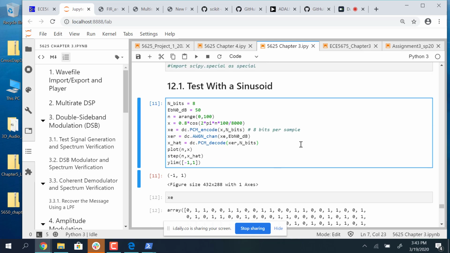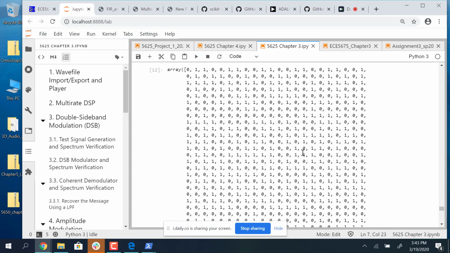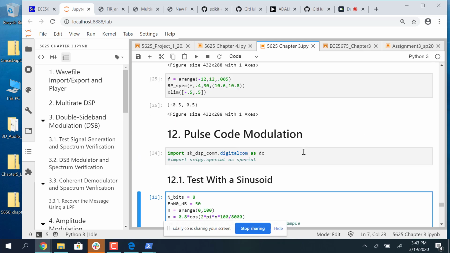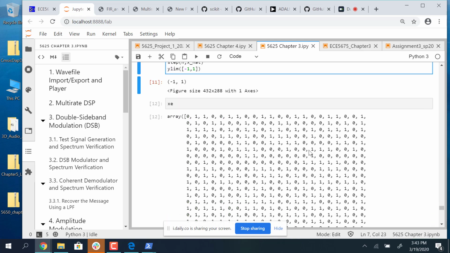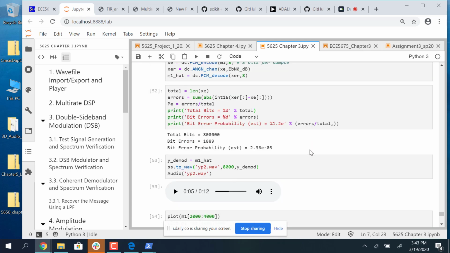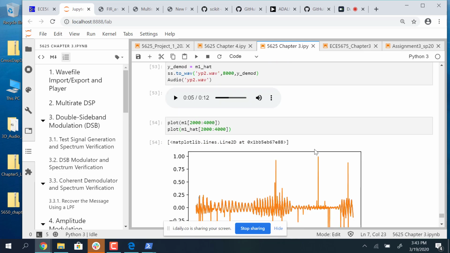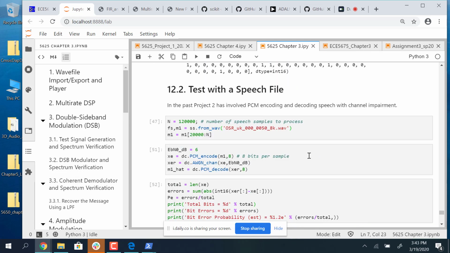So here I tested with a sinusoid and just looked at the serial bit stream. And then the second example, which I ran last time, I put a channel in here that actually can put noise on each of the serial bits to represent a communications channel in much simplified form, so that I can then drop the signal to noise ratio down and start producing bit errors. But in this case, what I want to do is